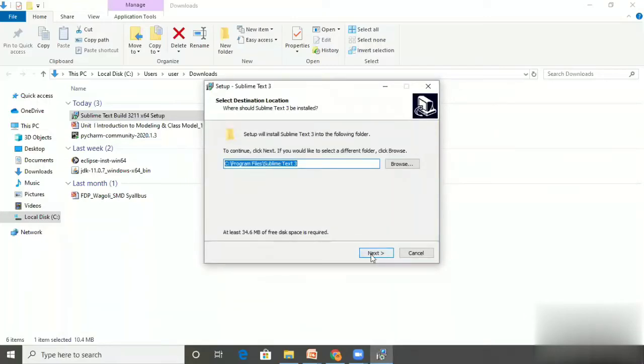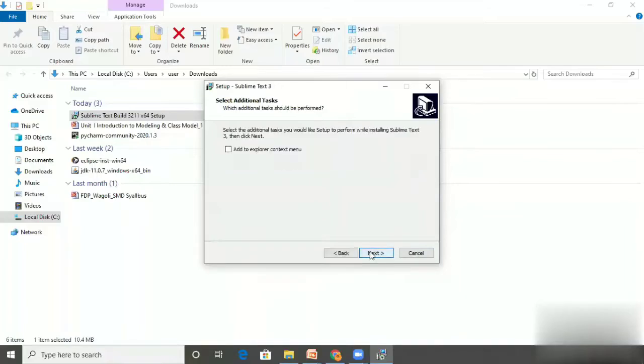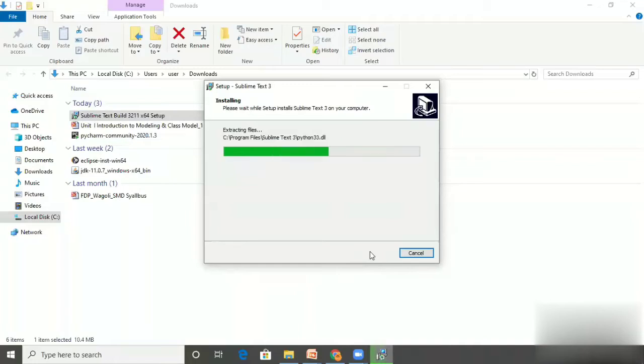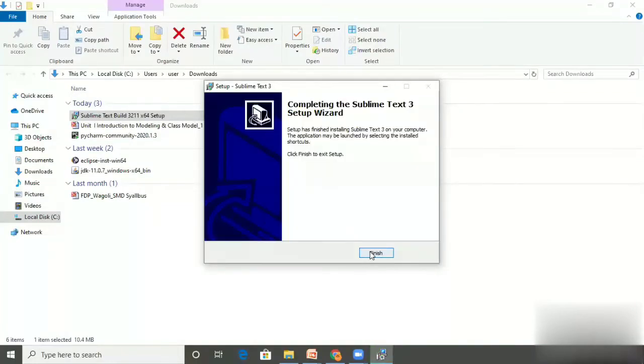And then, as usual, it requires at least 34.6 MB of free disk space, and this is the path where your Sublime Text is installed. You can check this, you can also change this path, but I recommend that you keep the default one. Next, and install. So it gets installed on your machine, and finish.